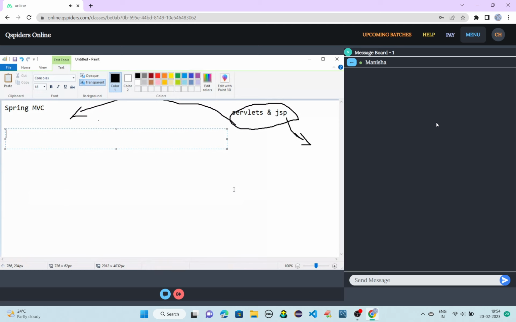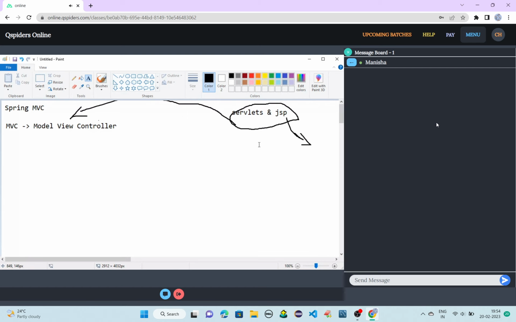It is similar to how you write your Java program. So what is this MVC called? This MVC is nothing but model view controller. Usually we will be dealing with model, view and controller. What is model? You should know. What is view? You should know. What is controller? You should know. In interviews also they will be asking these questions only. What is MVC? What is model? What is view? What is controller? How exactly is it working? What is the architecture of it? All these questions they will be asking, and I'll be covering it now.